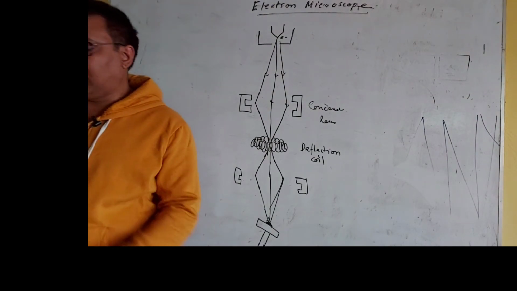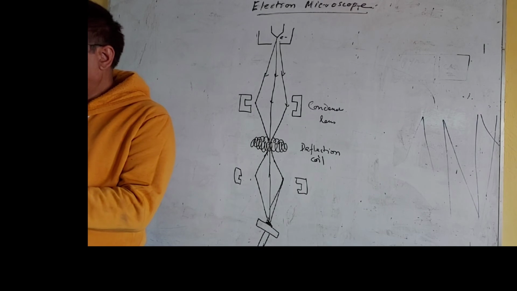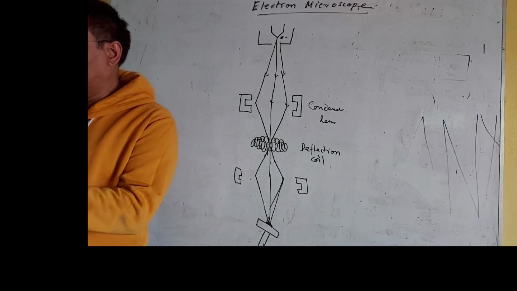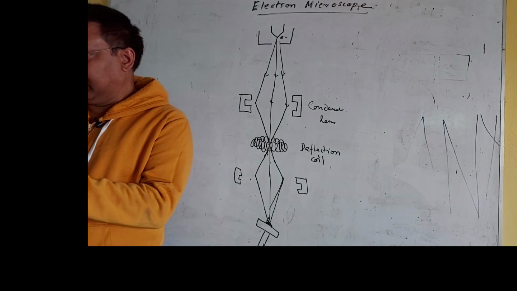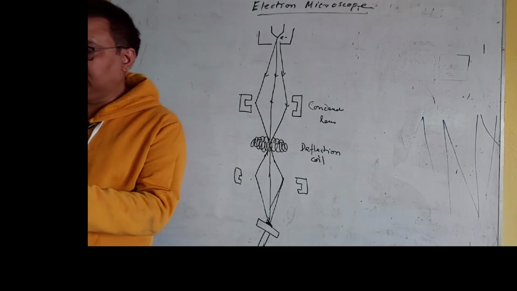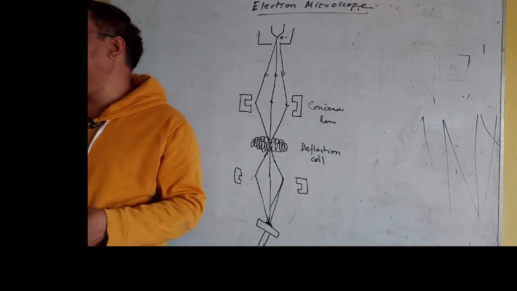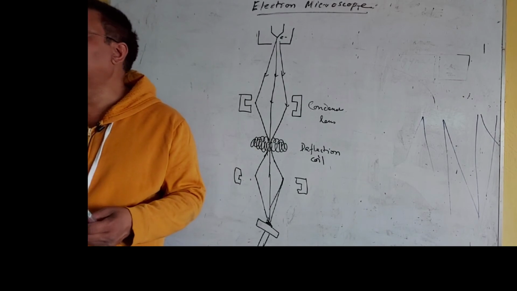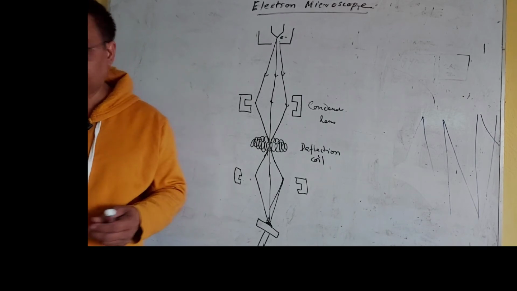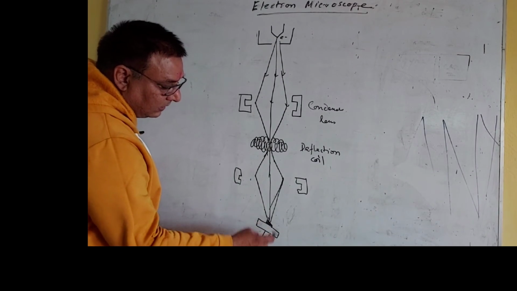This specimen is on a stack, on a particular platform. You can tilt the platform the way you like. You can change the angle. Because you are trying to see something, what do you do? To see the 3-dimensional shape, either you change the particular object or you move yourself. So here you can change the angle of this so that you can look at it properly.